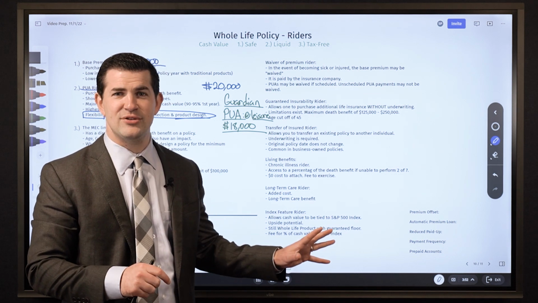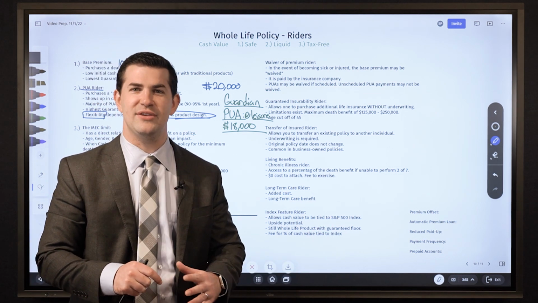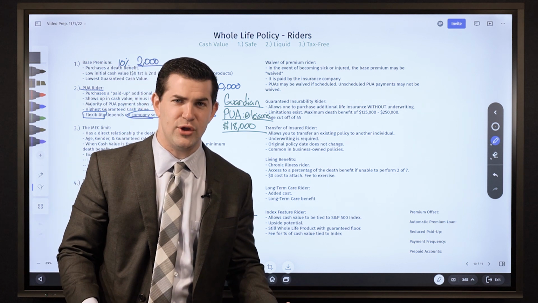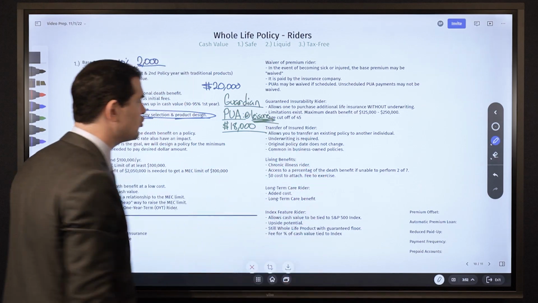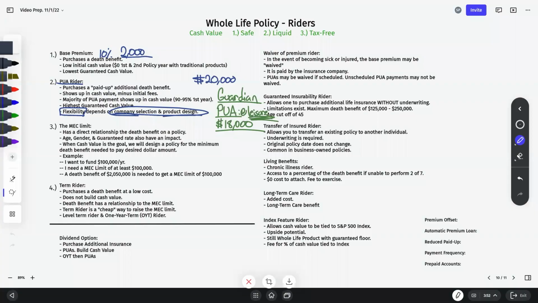That additional $18,000 might not even get into the policy. Maybe it's another $3,000 that you add. My point is that, again, it can be added at leisure. It's extremely flexible. So Guardian offers that PUA flexibility. However, product design is another thing to be aware of. With Guardian, whatever your base premium is, with respect to PUAs,